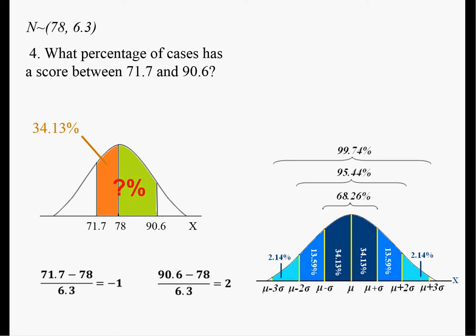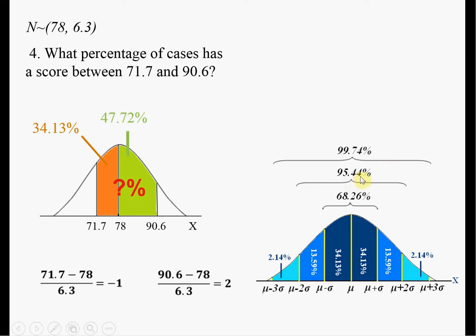So that tells us 90.6 is 2 standard deviations above the mean. And based upon this chart, the size of the green area should be 34.13 plus 13.59. So the size of the green area has to be 47.72%, or half of the